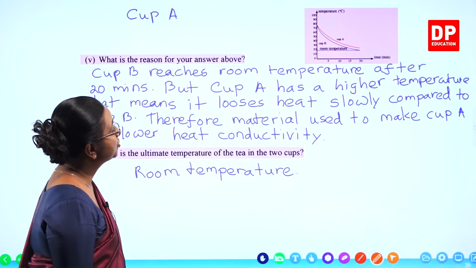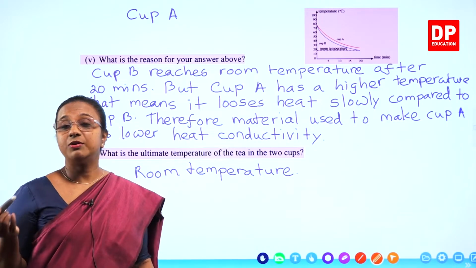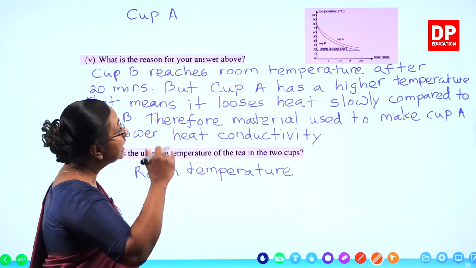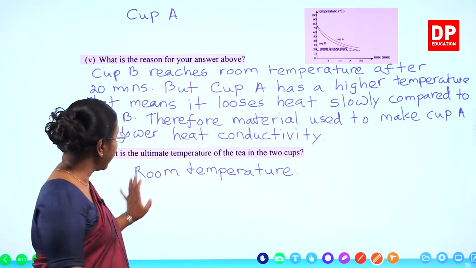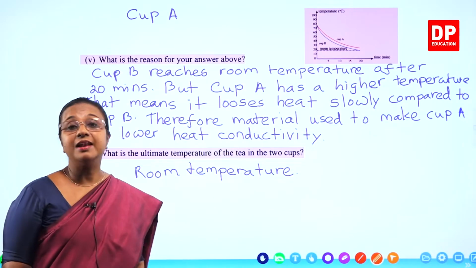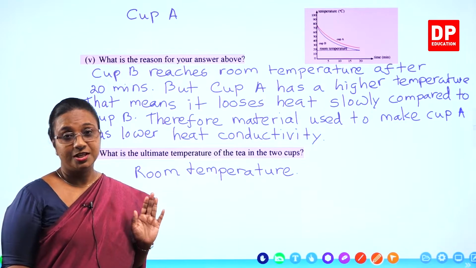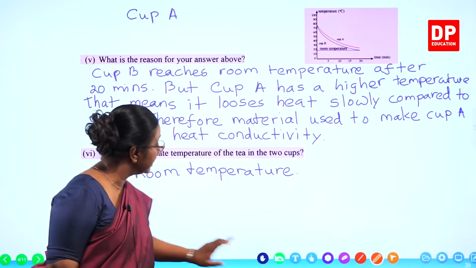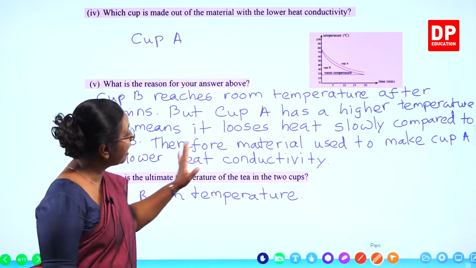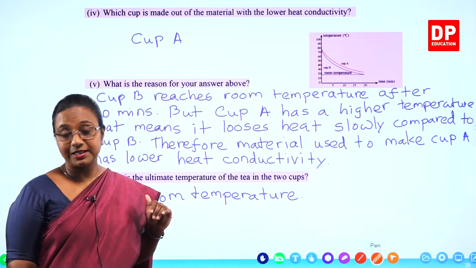Room temperature. According to the graph, when I marked the values, we took the room temperature as about 18 degrees Celsius. As I told you all before, students, if we have the exact value, you can write that here. Otherwise, since the value has been marked as room temperature, we can write it as room temperature here. So do you all understand the question? I am sure you have understood the concept behind the question. Although, as I did, you might have slightly different values because of the points marked there.